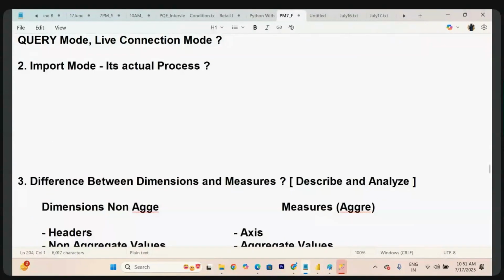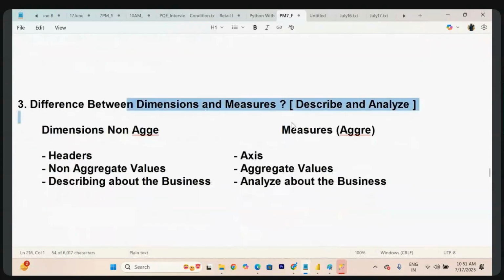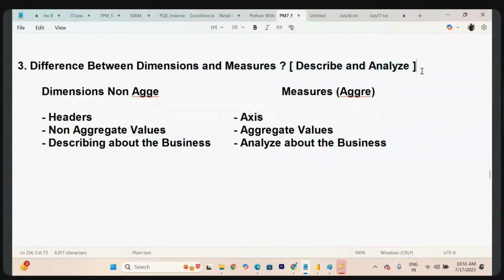So till now this is fine. This is dimension. What is dimension? What is measure? We will discuss tomorrow. Don't worry. Let me make it pending. But